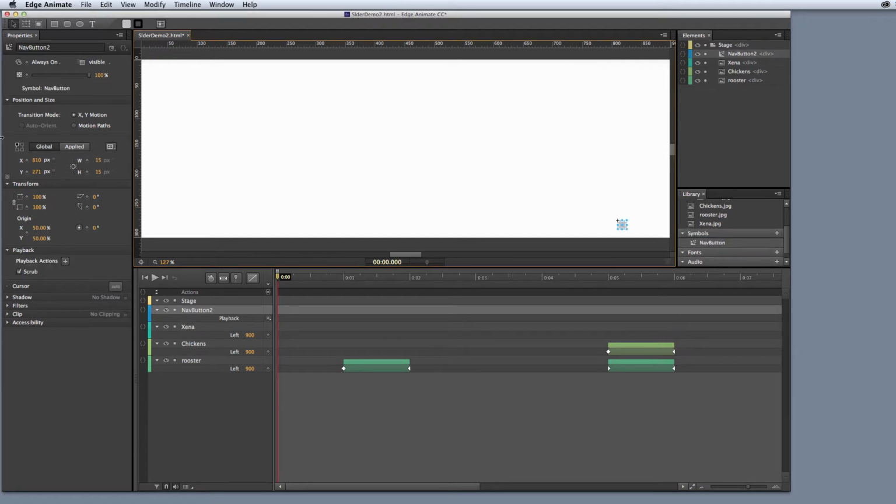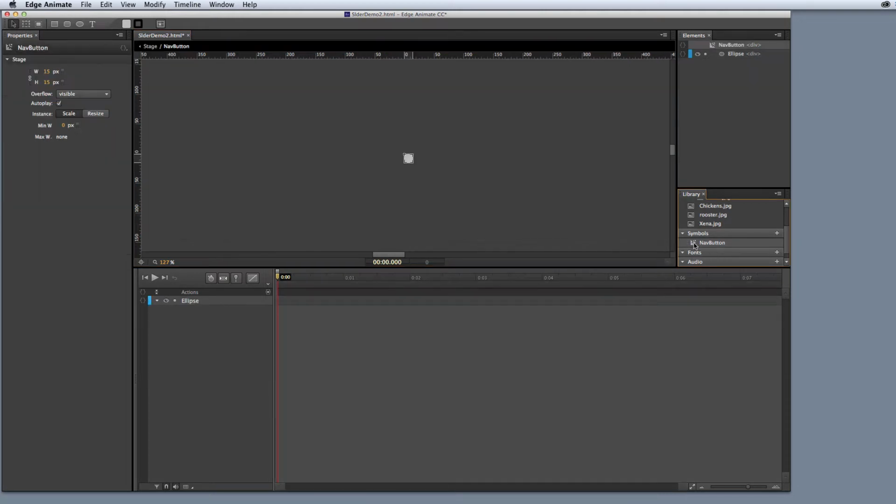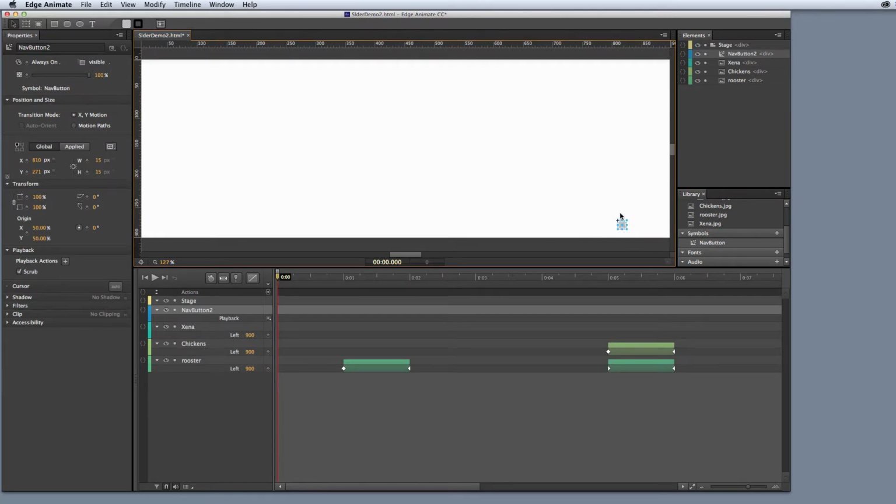And now the environment has completely changed. I'm going to go to the nav button editing window. Here is the nav button. I did that by double clicking. Let me go back to the stage. Here is the original circle that I drew. If I want to continue editing my circle and changing the symbol, then I go to the library, symbols, and notice that you have a little icon next to the nav button. I'm going to double click